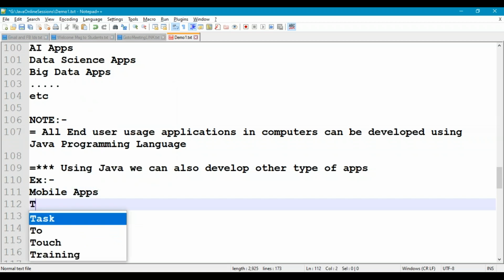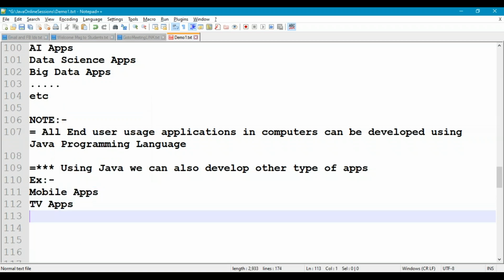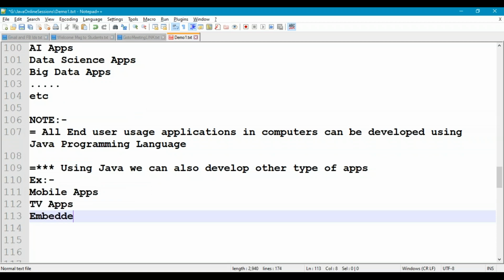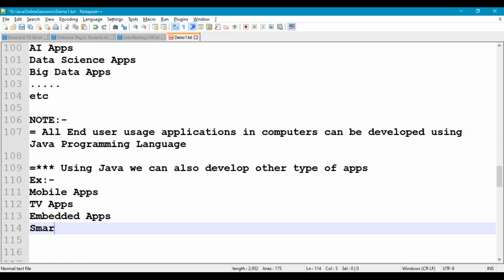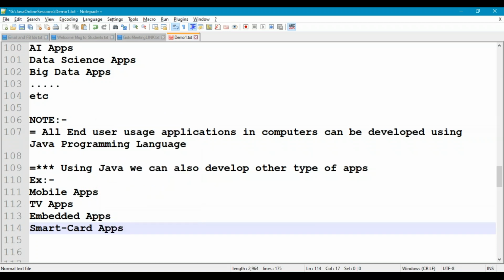We can develop TV applications. We can also develop embedded applications and smart card applications. Smart card applications means something like debit card, credit card,